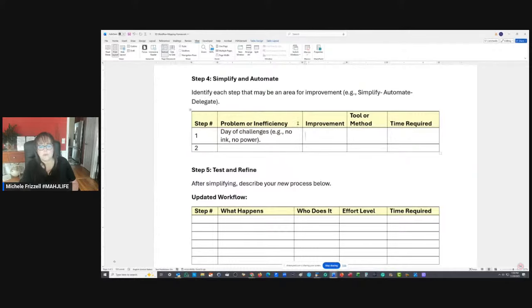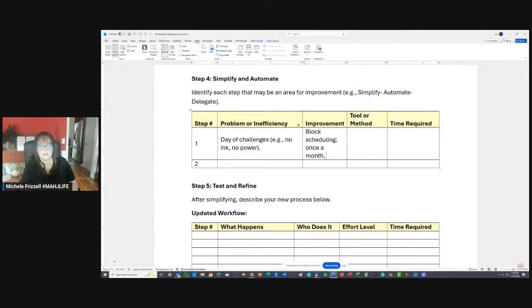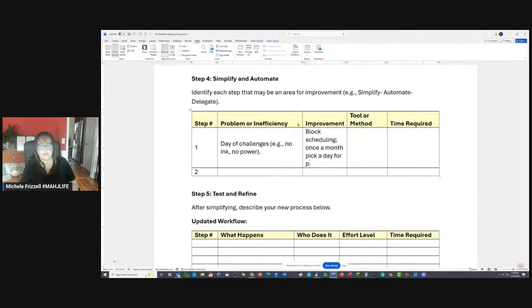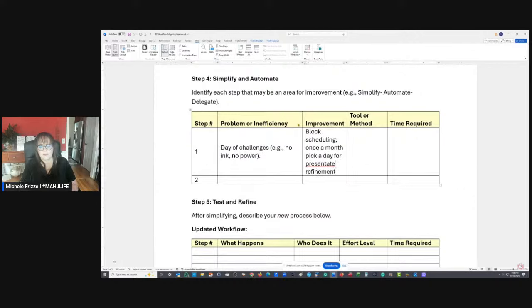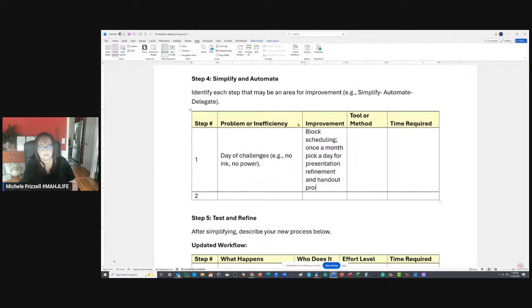So the improvement would be block scheduling. Basically, once a month, pick a day for presentation refinement and handout printing. So just once a month.